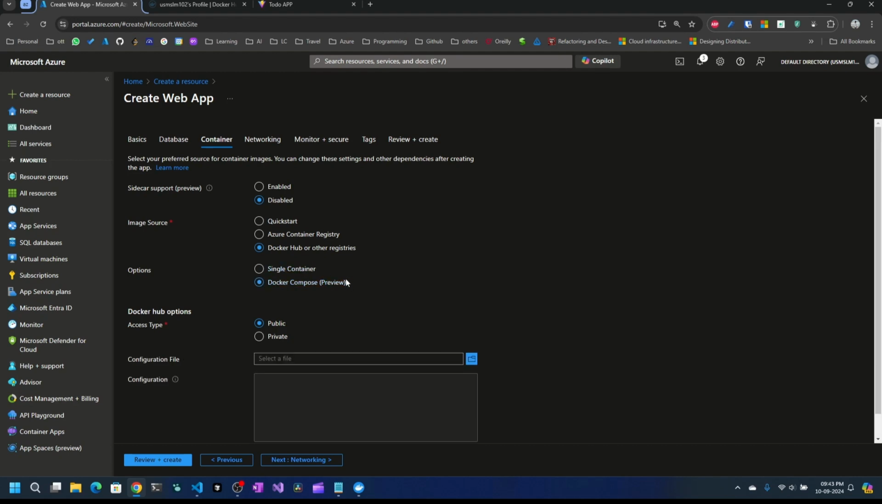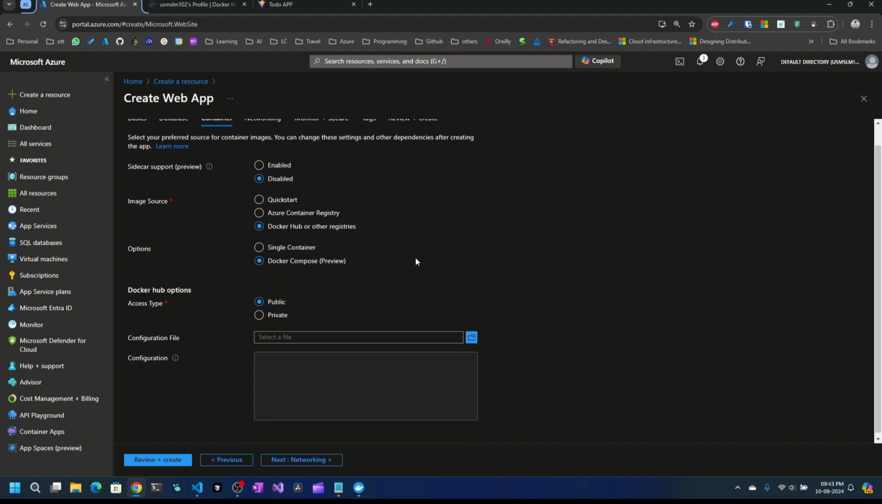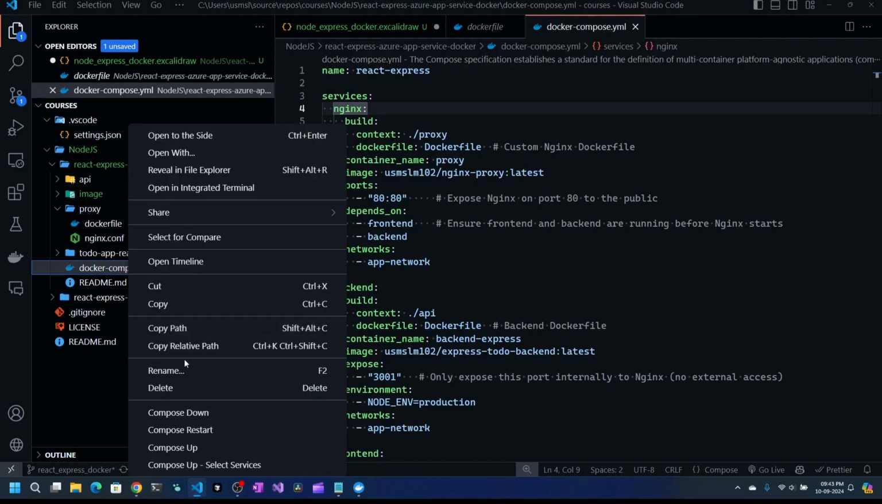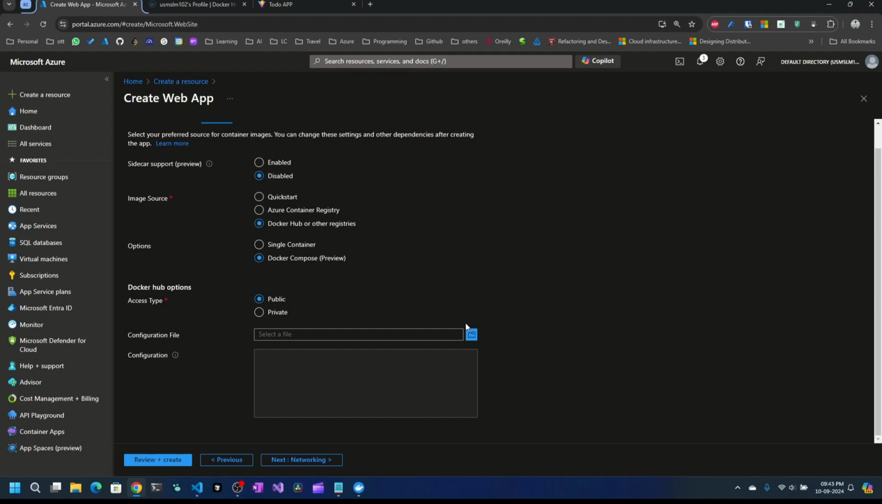Keep in mind this is in preview, so if you are running a very advanced version of Docker Compose, there is a possibility some features might not work. So just check the official documentation before using this. And I'm just going to say I have a Docker Hub, which is public, so it doesn't need any authentication. Now I have this, I'm just going to copy the path, and we're just going to select this particular